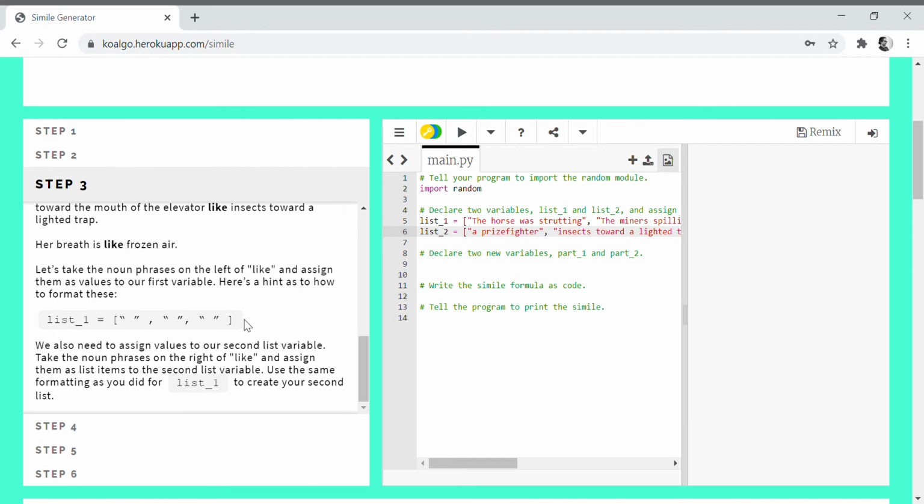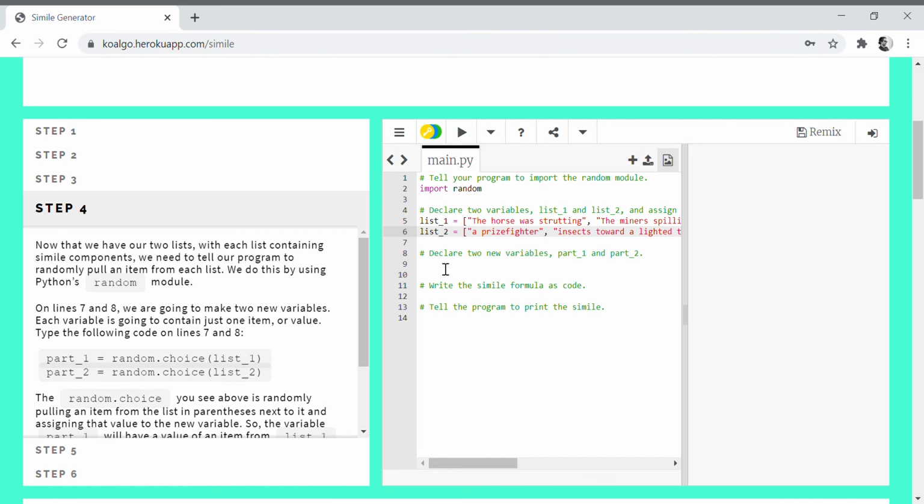Okay, so then the next thing your students need to do is we're going to bring in that random module. So like I said, up here, we imported the random module so that we would have the ability to have our program do random things. And now we're going to tell our program, okay, Python program, I want you to do random things. So in order to do that, we're going to write two more variables. Okay, so I'm going to write this here, and then I'm going to explain what is going on.